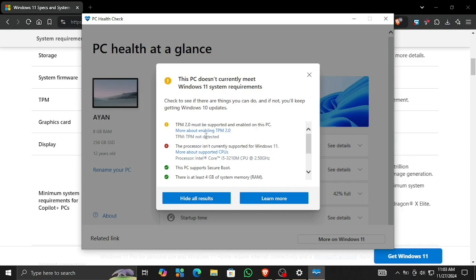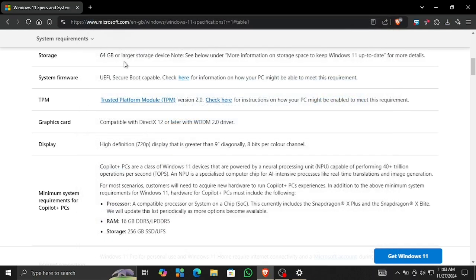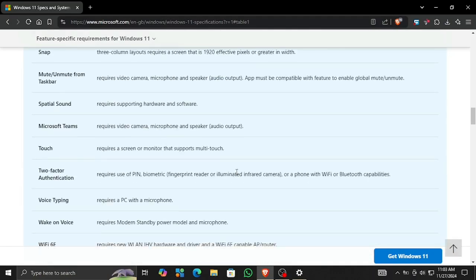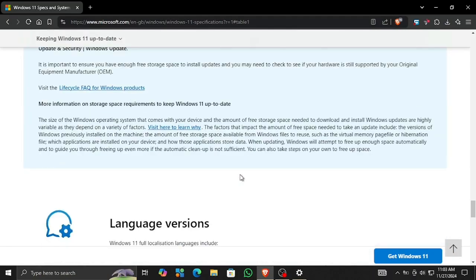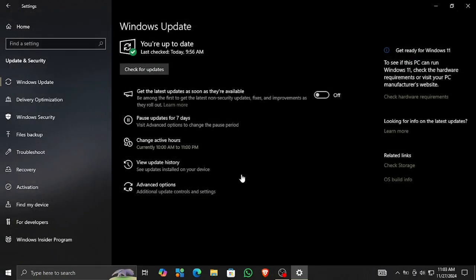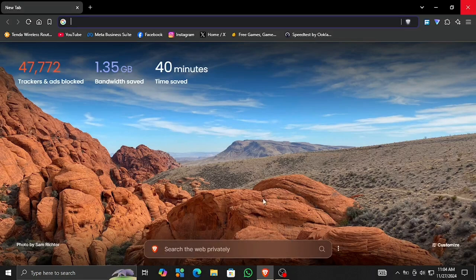These are no heavy requirements, which means my PC can smoothly run Windows 11. Okay, so this is the other stuff that we don't need to look at. Let's close the browser. Okay, yep, I just need to close Windows settings, and here we need to search for